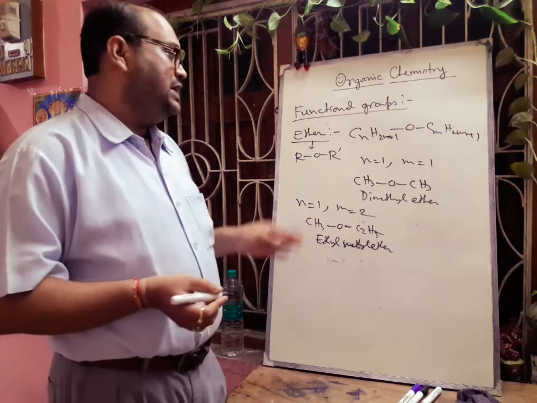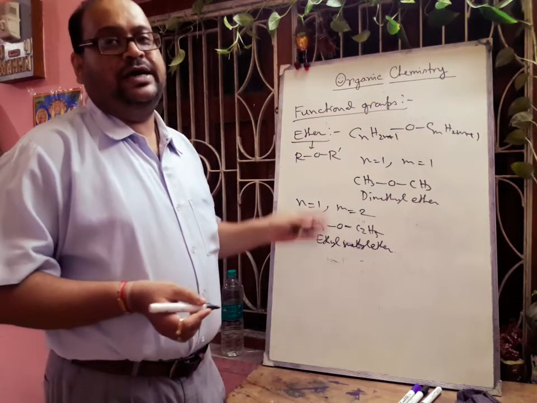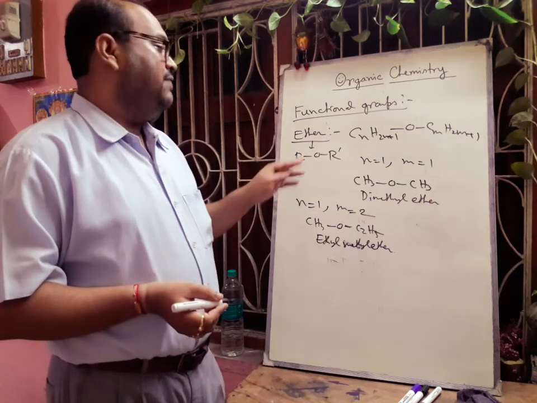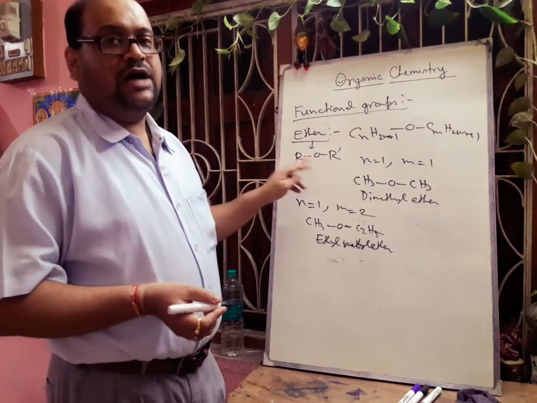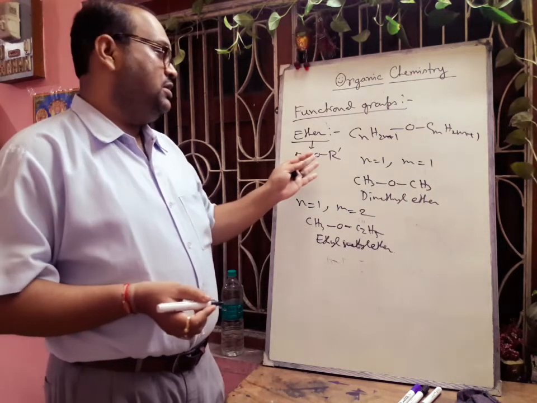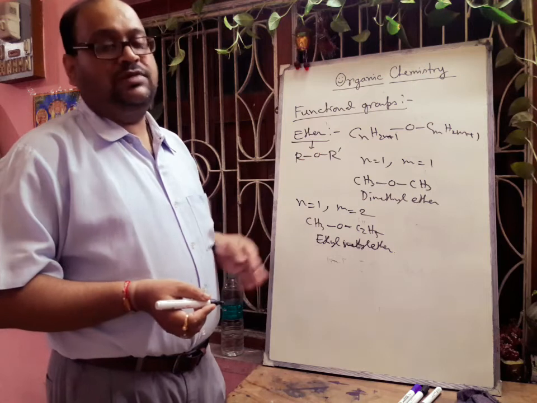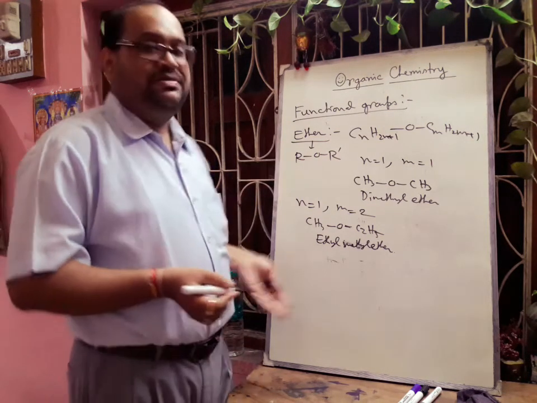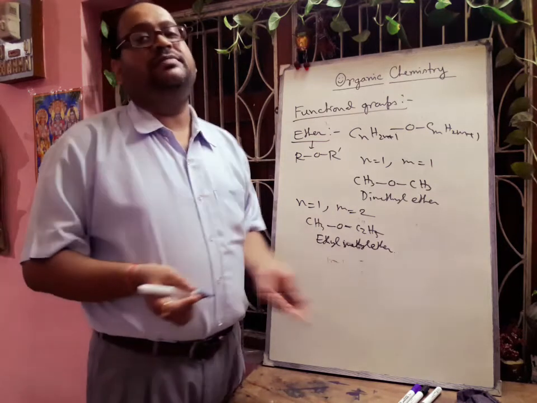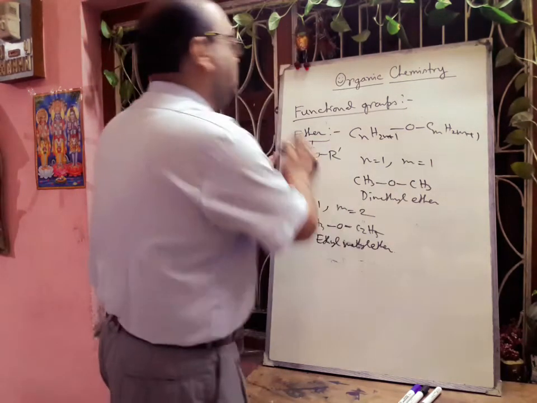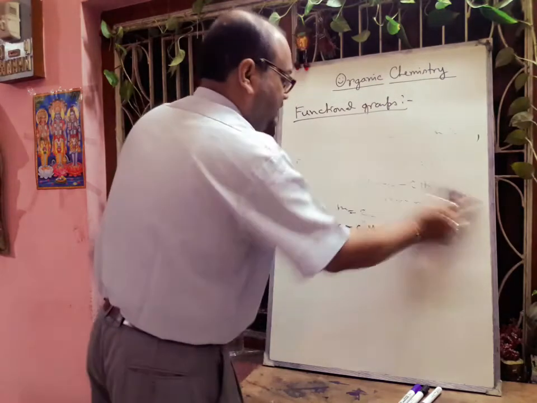First you have to understand what the functional group is here. The functional group is ether, and this is the general formula, and we can represent the functional group as ROR', and it may be ROR also. The alkyl groups attached on both sides of oxygen may be the same or different. When they are the same, they are called simple ethers. When they are different, they are called mixed ethers. Hope you can understand.